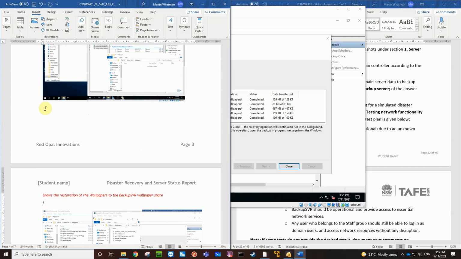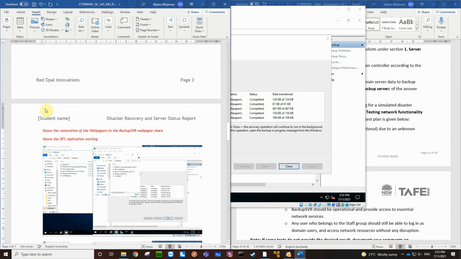Control V. Okay, so this shows the restoration of the wallpapers to the backup server share. We can see it's there, the backup server wallpaper share, and the fact that we've restored it and that DFS has pushed it across to the